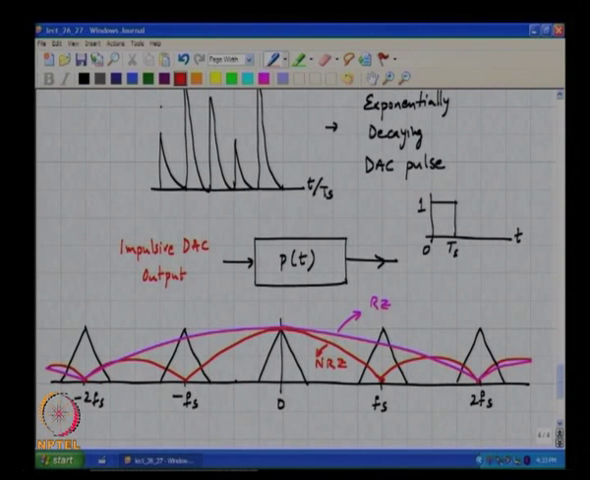All right. So, this is the RZ spectrum, this is the NRZ spectrum, and as you can see from the spectral picture, the RZ DAC spectrum has got a lot more high frequency energy than the NRZ DAC spectrum, and why does that make intuitive sense? Width is less, so